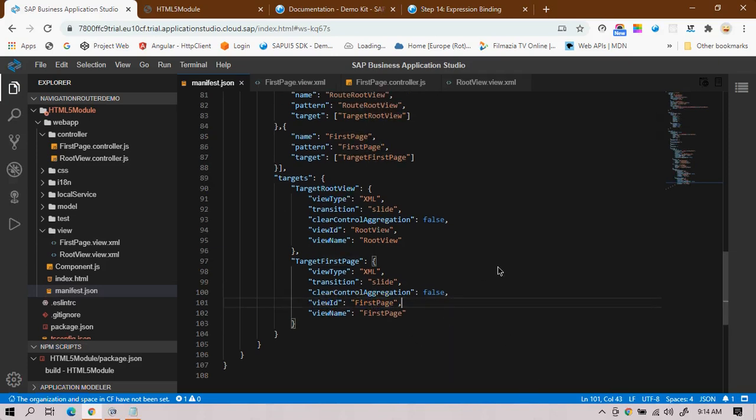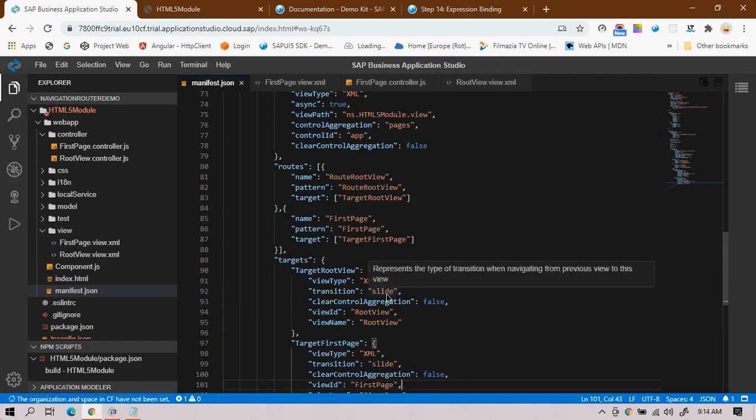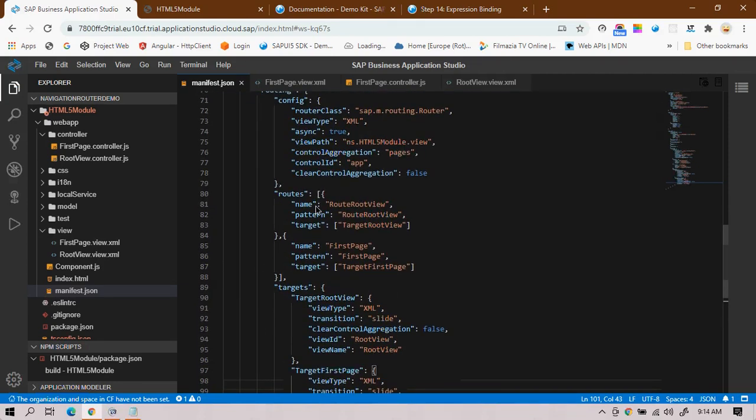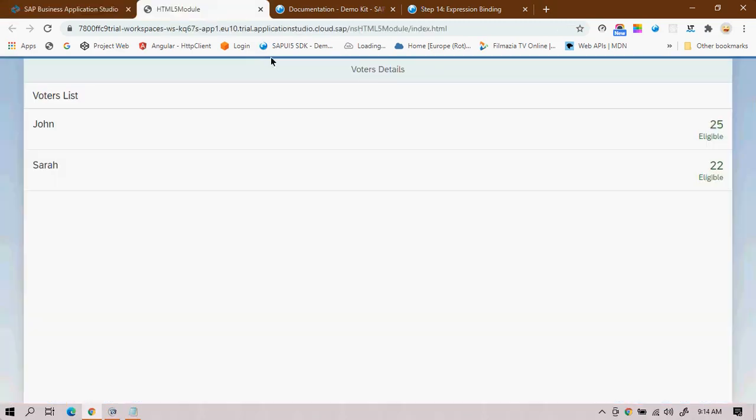Okay, so once I define the route, always remember one thing. My default view is the root view, right? Because initially, whatever views you create at the time of project creation, that would be the only one visible when you run your application. Suppose this is the root view only.